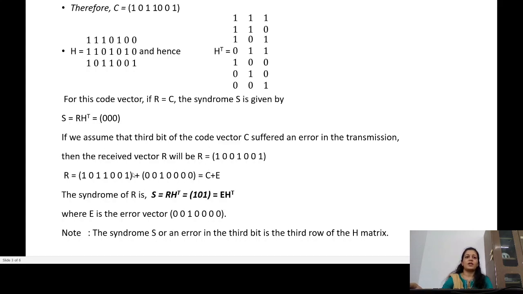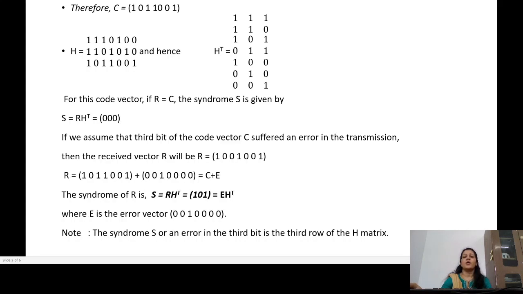So now my received vector, by taking these two combinations, is this received vector. You will even obtain this received vector without addition. Simply invert the third bit over here. Because if the code vector has suffered an error in the third bit, it means 1 has been improperly received as 0. So that will give you the received code vector. Now if you calculate the syndrome as R into H transpose, that becomes 1, 0, 1. So a non-zero syndrome clearly says that it is not an error-free vector which has been received. Instead, it has an error.